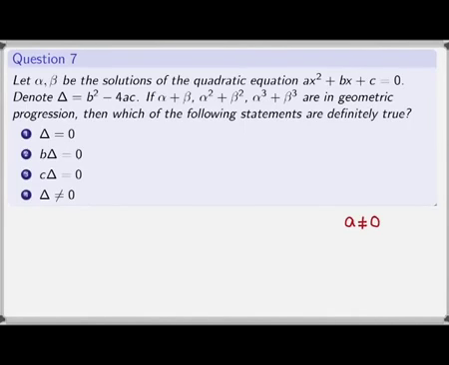And as alpha and beta are the solutions of this quadratic equation, we can write alpha plus beta is equal to minus b by a, and alpha into beta is equal to c by a. Also we have the information that alpha plus beta, alpha square plus beta square and alpha cube plus beta cube are in a geometric progression. Therefore we can write